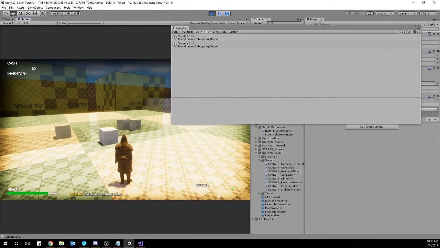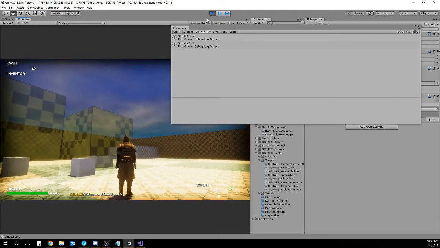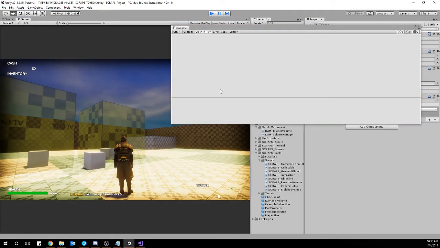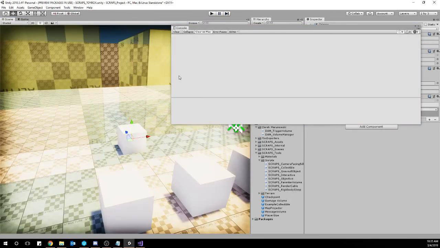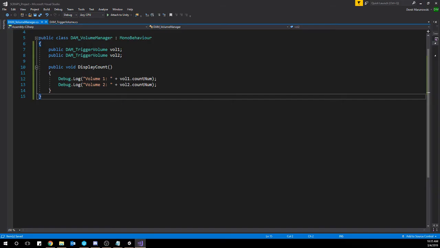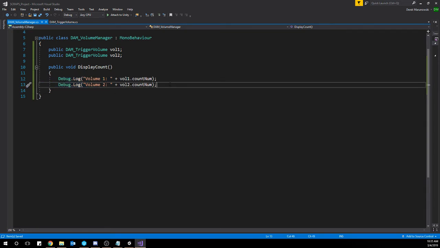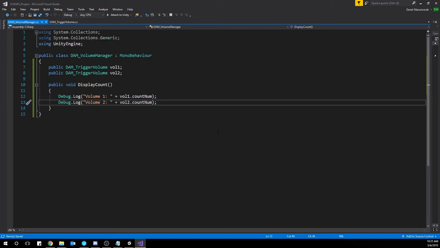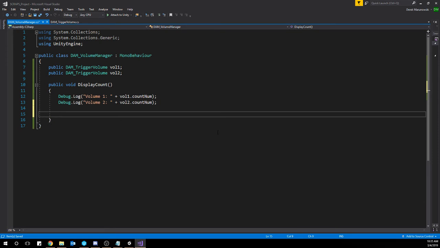So I've showed you how to do it with events and how to do it with script. The last piece of this is I don't want to show it in the console anymore. I'm going to show it in the actual game. So right here we're just doing a debug.log display. If I wanted to display a message in the game project that you're working in, which is Scraps, there is a message system that you can access simply by typing